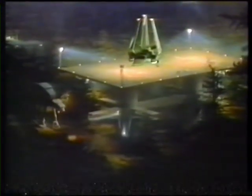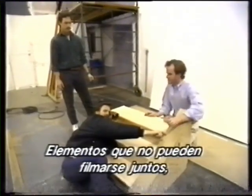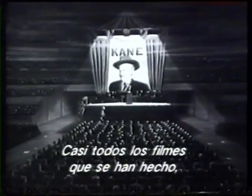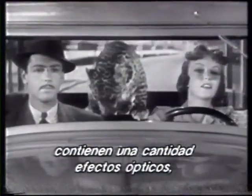Some of Hollywood's most magical movie moments are created using optical effects. Elements which could never be shot together are filmed separately and seamlessly combined into a single image. Almost every film ever made contains a number of optical effects, and sometimes that number is